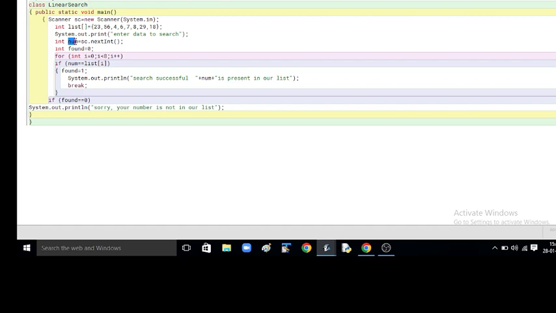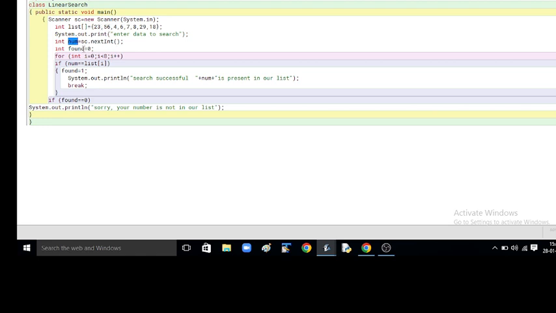So we are doing a single dimensional array search operation, and this example is of linear search. Linear means that you will search for your data at each and every place, like you will check it at index 0, then 1, then 2 and so on. So every time we will compare whether the number which we want to search for is present at the first place, second place and so on.